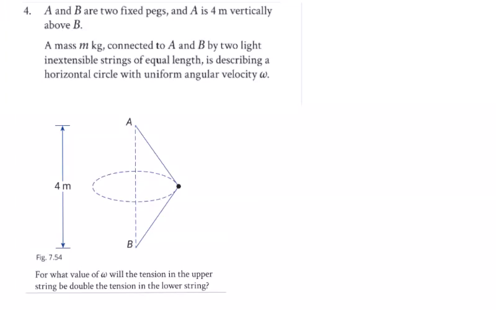In question 4, we have A and B, two fixed pegs. A is 4 meters above B, so when we have our split triangles here, there'll be 2 meters in each. We'll call this angle A and this one B. And we have a radius, and we have M, so mg